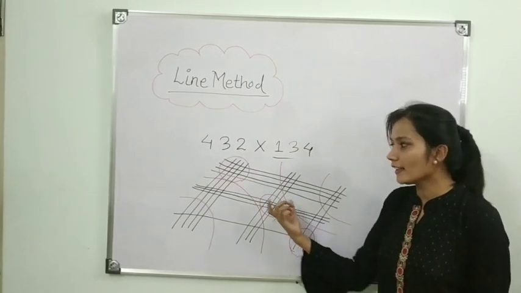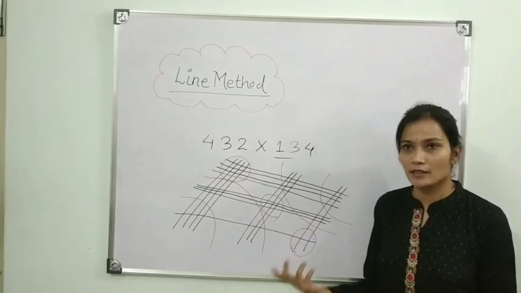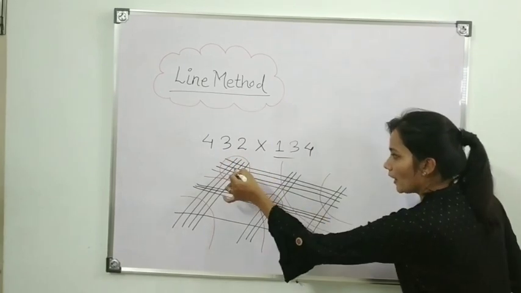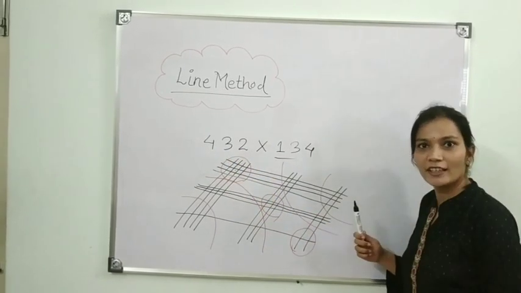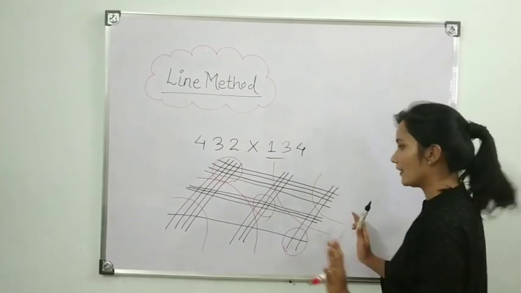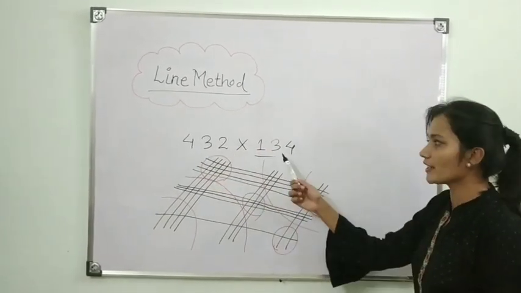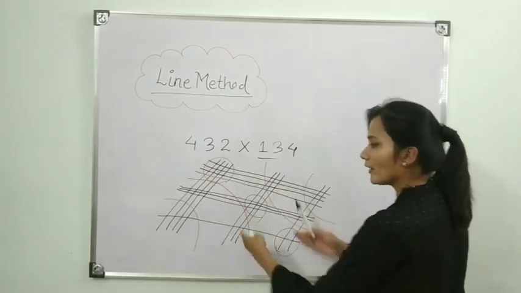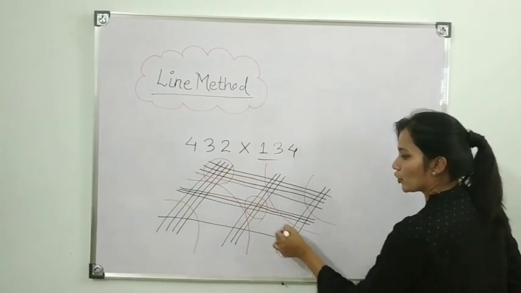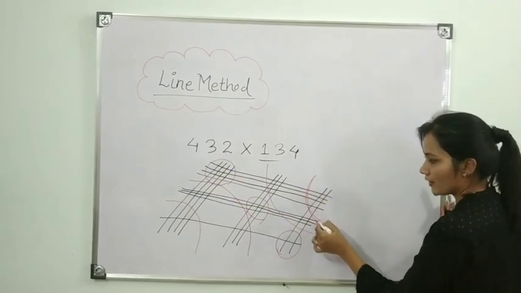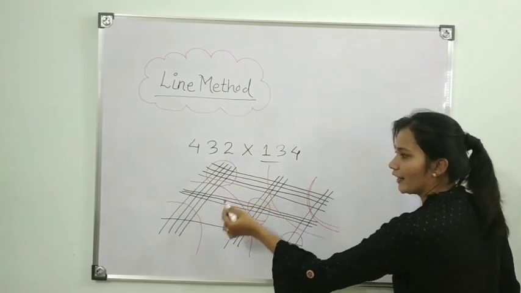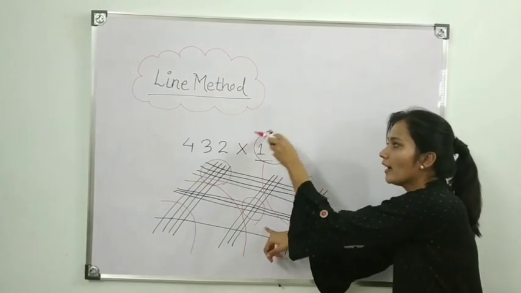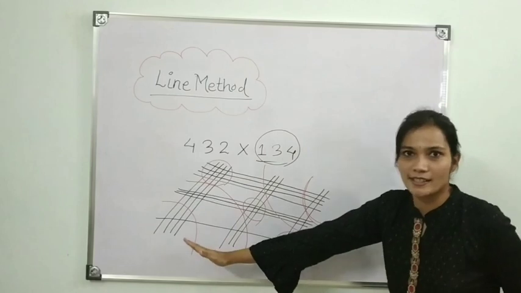Now if you are getting confused about which are the intersection parts, let us see how we will know that. If it is a 3-digit number, then the middle portion will contain 3 intersections. If it is a 2-digit number, the middle section will contain 2 intersections. And then you can divide them. If you know the middle portion, then you can divide easily. The first portion is of 1 intersection, then 2, then 3, then again 2, then 1. Like this, it increases up to the digits we are multiplying, and then it decreases by the same number.